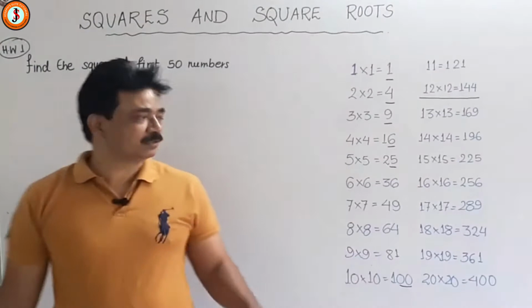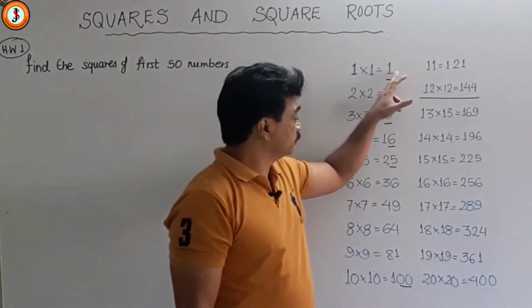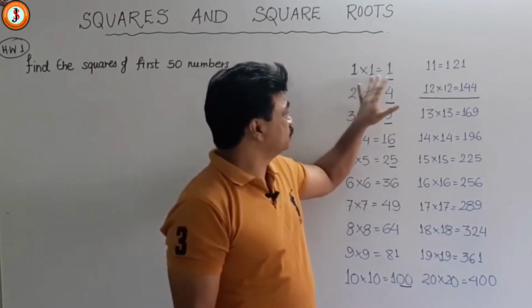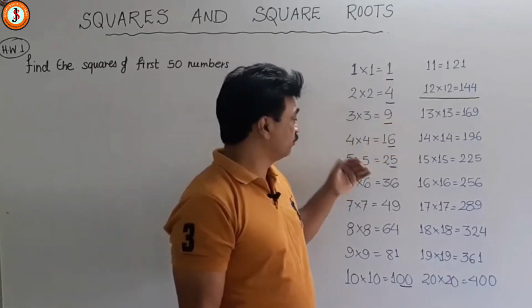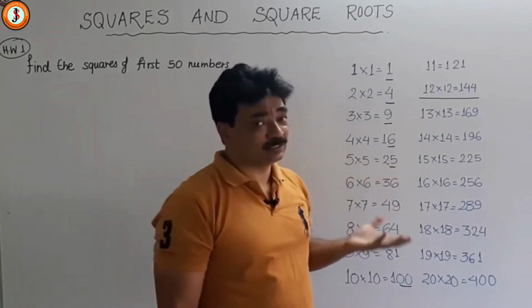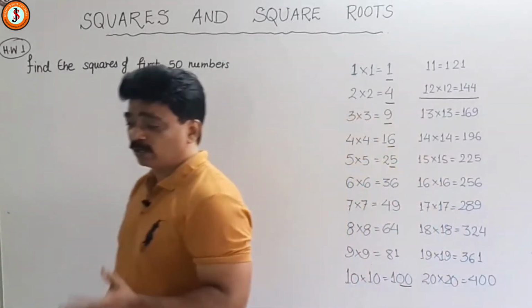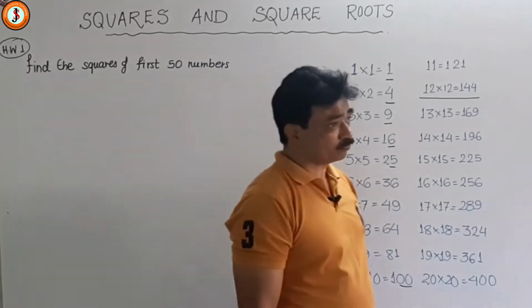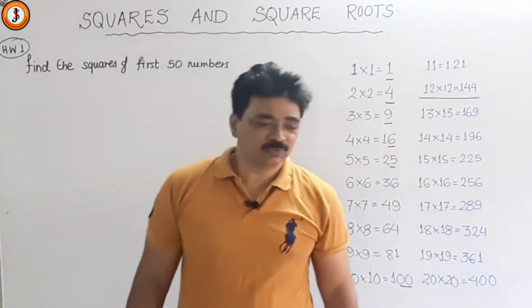Then let us examine the squares of numbers. Then we see how the numbers end. 1 is odd, so we are getting 1. 3 is odd, we are getting an odd number, 9. Square of an odd number, 5 into 5 is 25, we are getting 5 at the units place, that is odd. That means the first property which you have learnt is squares of odd numbers are odd and squares of even numbers are even.